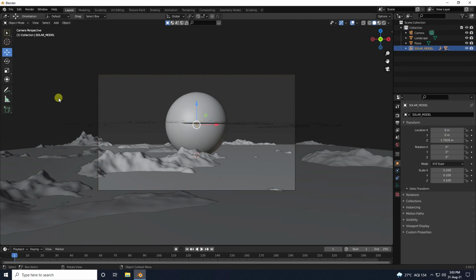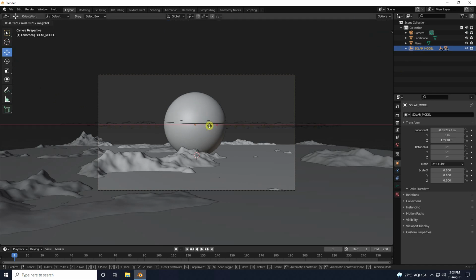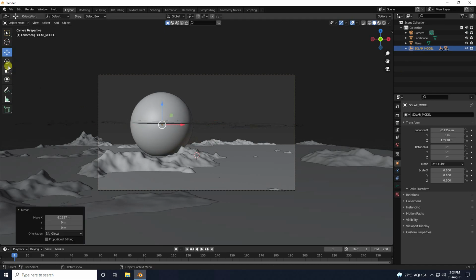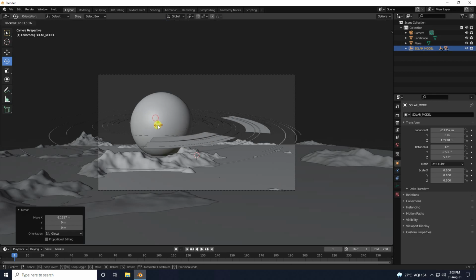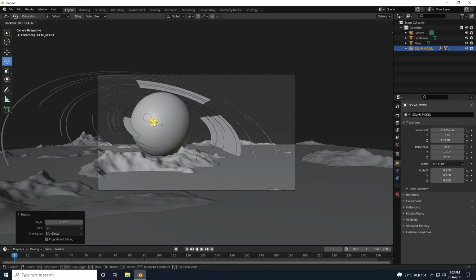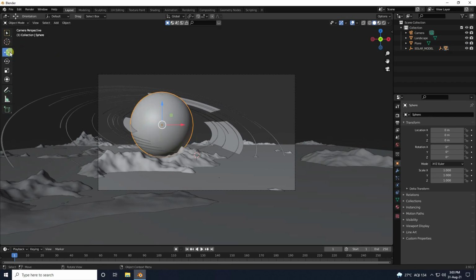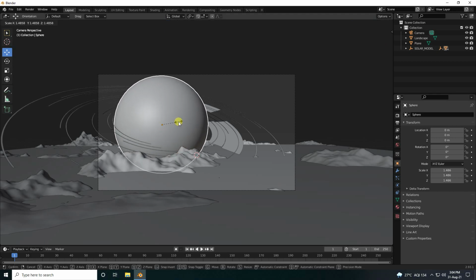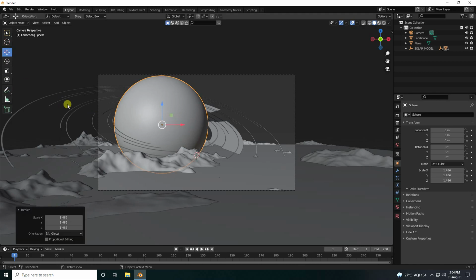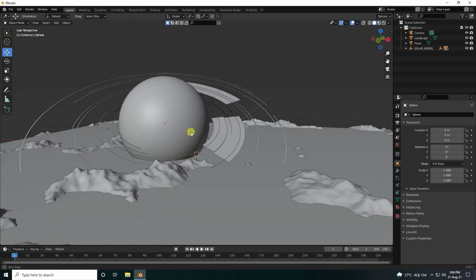Select your 3D object and change the position like this, and rotate, a little bit of rotation. Yeah, and more. Yeah, it's good. Okay, so guys, select this sphere, and I increase the size, so press the S key and increase the scale size like this. Yeah, it's good, right? See, that's our composition, right?